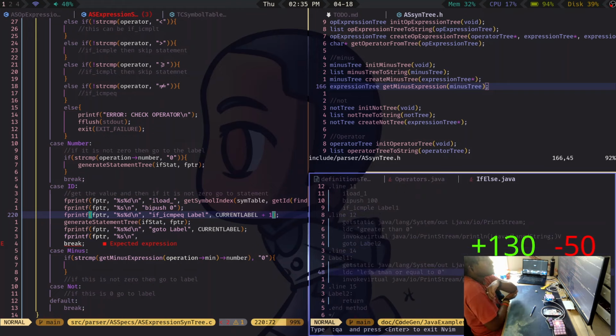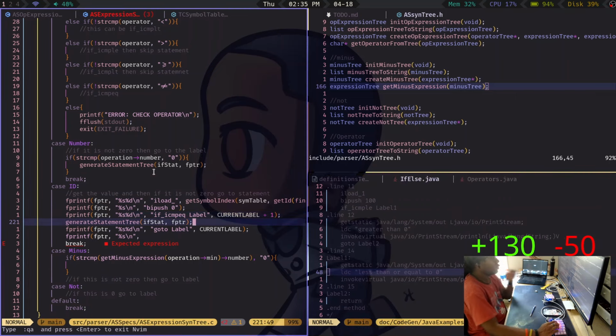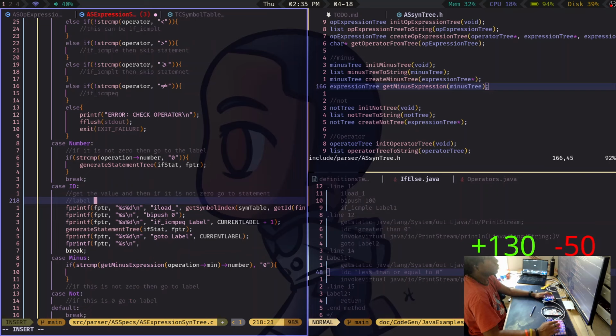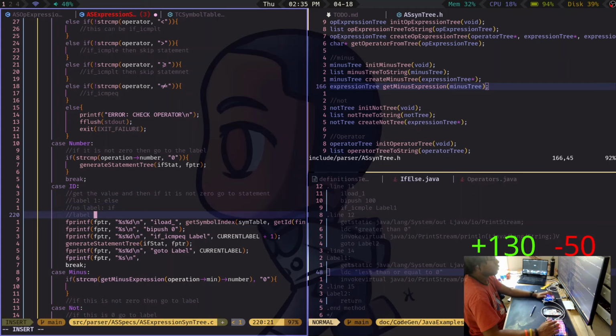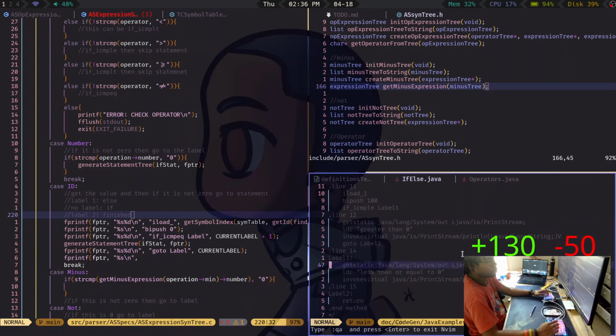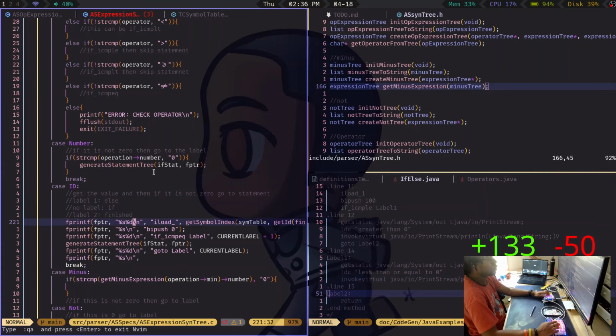So this is if else. So, okay, let's think this through first. So label 1 is going to be else. No, label is going to be if, and then label 2 is going to be finished, as in where you go after everything, because this has that, and then this will go to that by default.